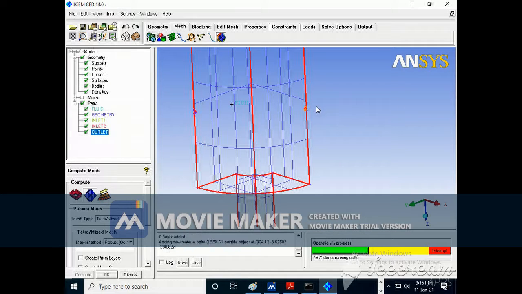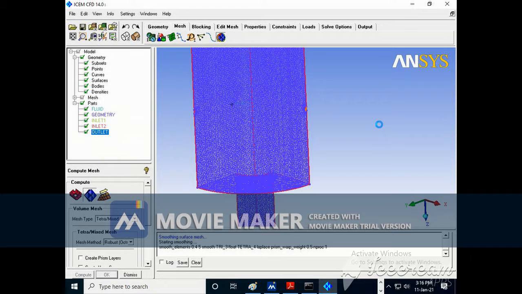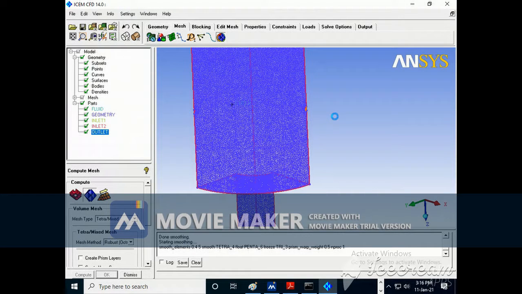Because of the longer pipe there was a meshing problem. It means we are required to mesh that pipe also, and it will consume more mesh size. To avoid that, I removed that pipe and only kept the two inlets, which you can see here.